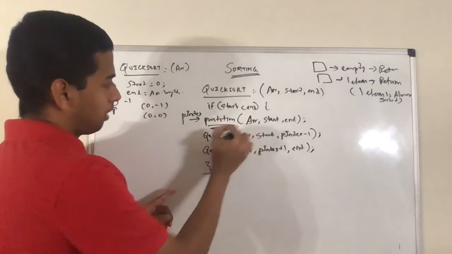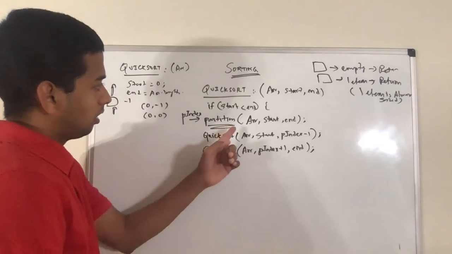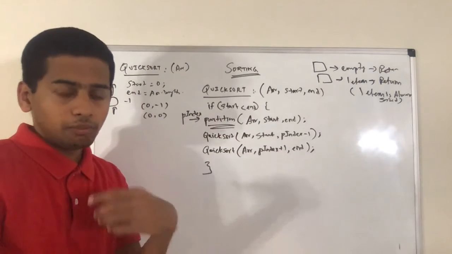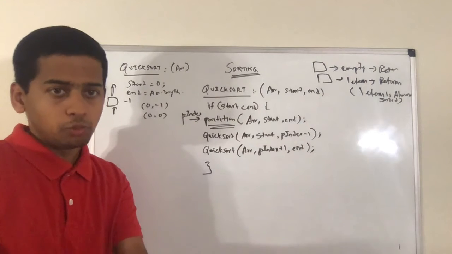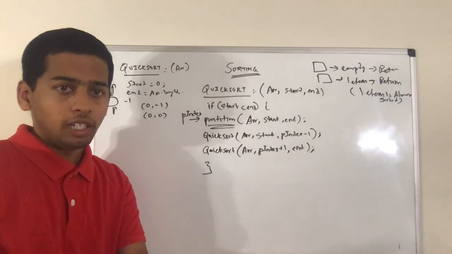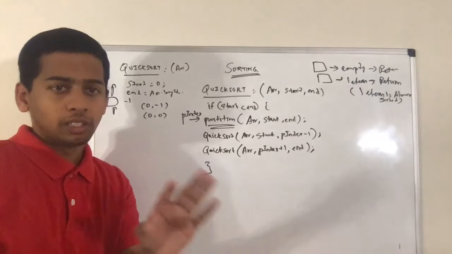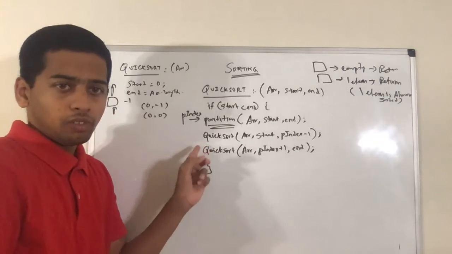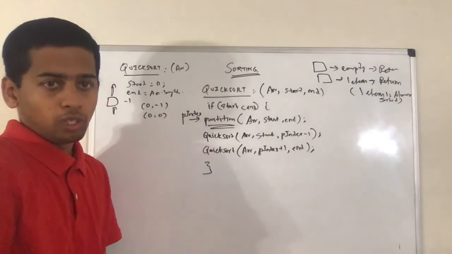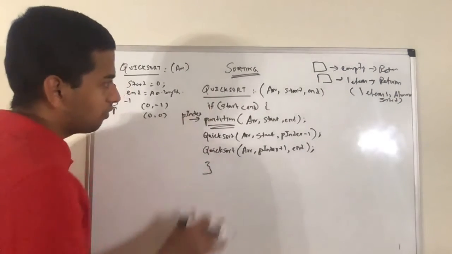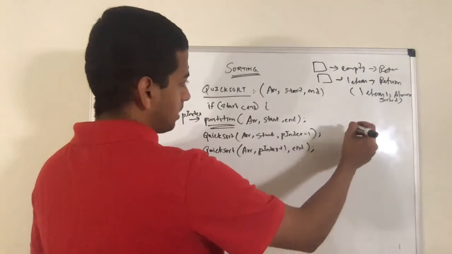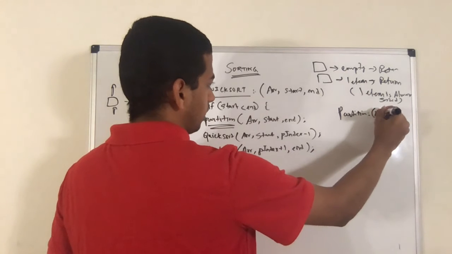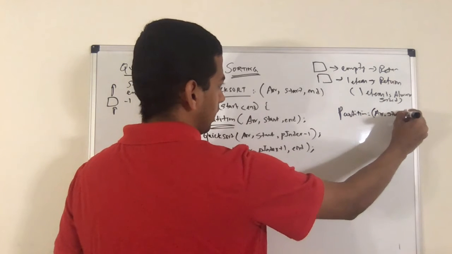Now I just have to implement the partition. So think about it. What is this partition meant for? This is meant for rearranging the original array by assuming a pivot. If I assume a pivot, I should rearrange the array such that all the elements lesser than pivot should move to the left, greater than pivot should move to the right. That's what I tell, right? After that, I'll take this subarray of left and then subarray of right and call the same program recursively so that it will finish this logic. Okay, so let's implement the partition logic. Partition of, it's going to take an array, a start index and an end index.